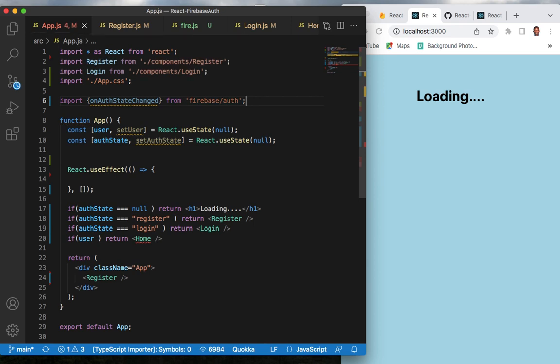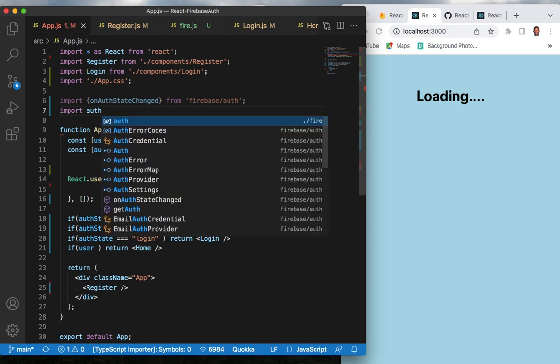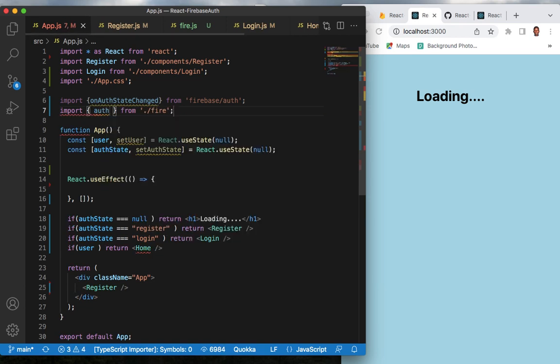And then from that we also need to import auth. We need to import auth from Fire that we exported,